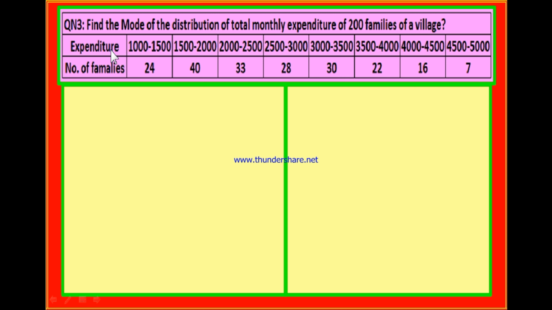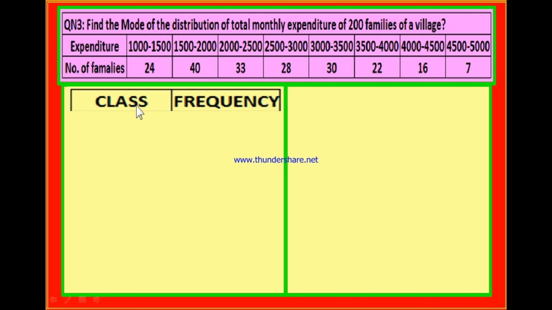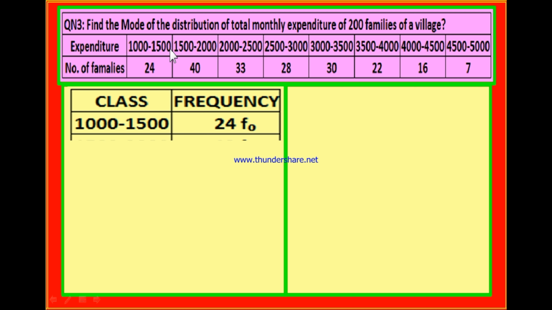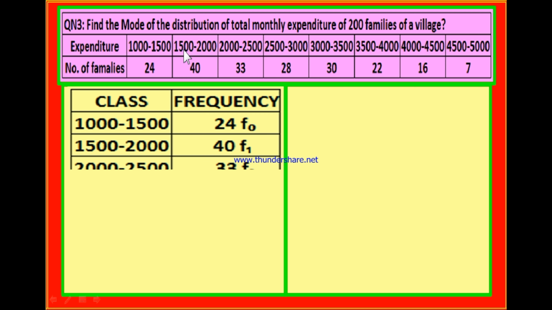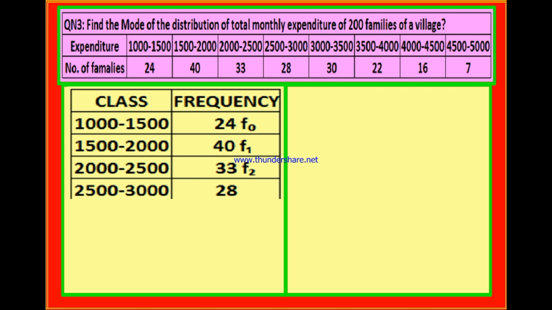In this group of data, you can consider this expenditure as classes and the number of families as frequency. Now let us form a table. Here is the table. First of all, expenditure as class and the number of families as frequency. The first class is 1000 rupees to 1500. The frequency is 24. The class 1500 to 2000 rupees, the number of families 40, and 2000 rupees to 2500,